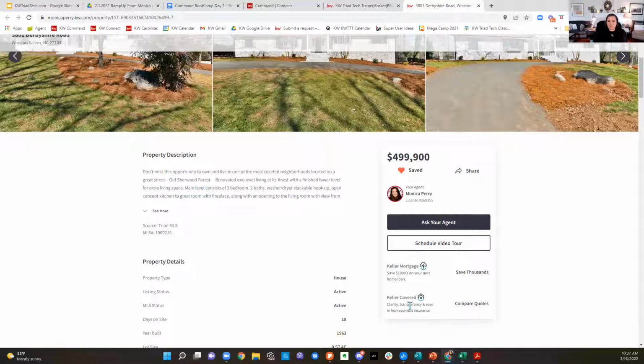That client's friend bought a house with a Keller Williams agent who did recommend Keller mortgage as an option. They bought houses pretty close to each other, pretty close to the same price. The friend that used Keller mortgage saved about $6,000 or $7,000 over the one that didn't use it. So guess what the one that didn't get recommended Keller mortgage did? She sued the agent